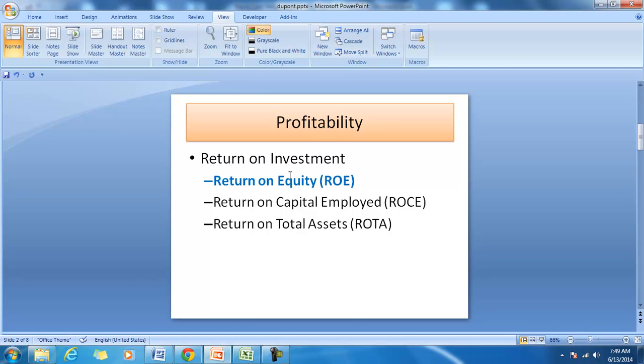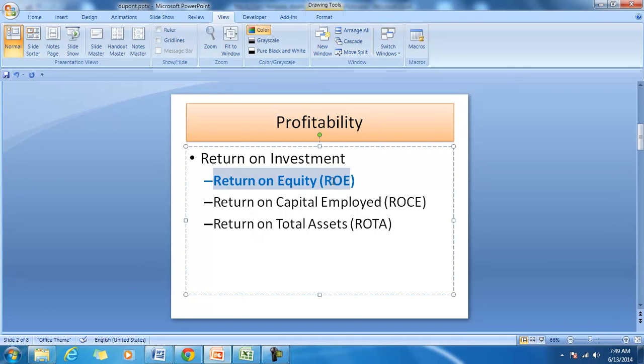We can pick up any of these variations of ROI to undertake the profitability analysis. But in this example, we will pick up the return on equity, which is an indicator of profit distributing ability